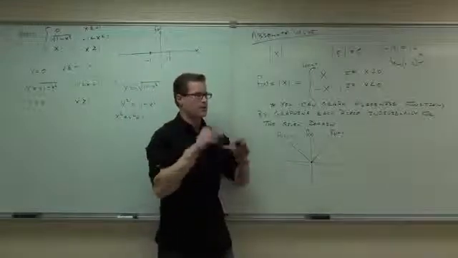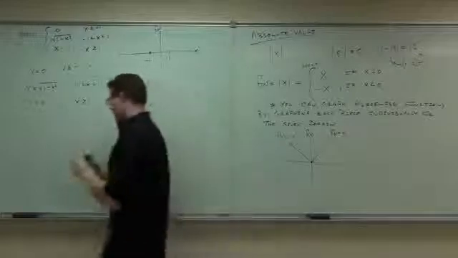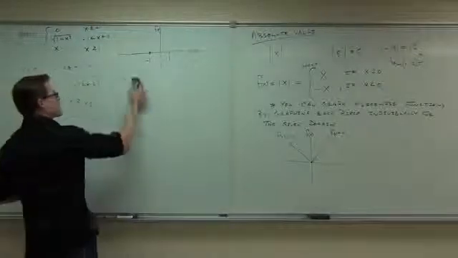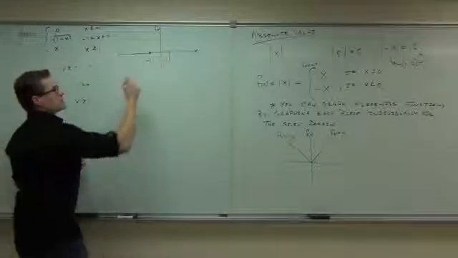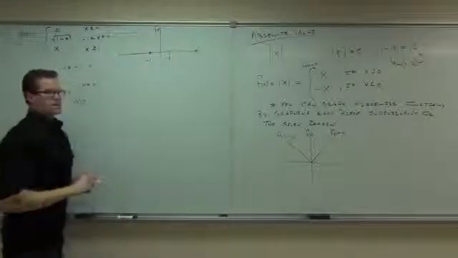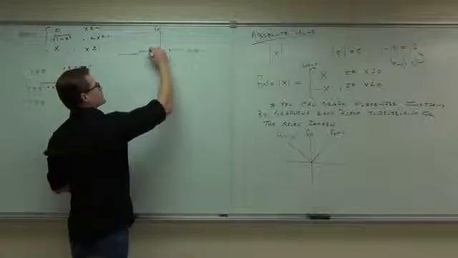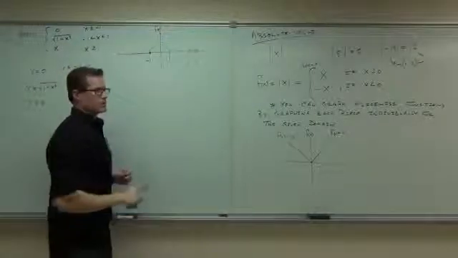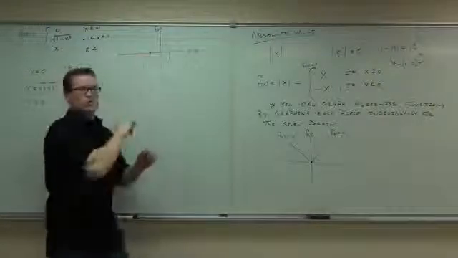What are we talking about? The top half or the bottom half? Top. Just the top half right now. So we want the top half of the circle, centered at 0, 0, with a radius of 1. Well, that looks to me like it's going from here to there. It's going to have an open circle right here,